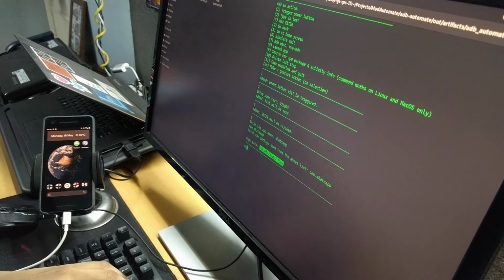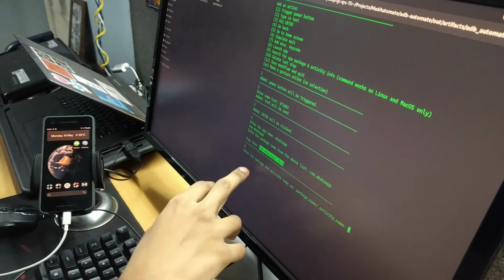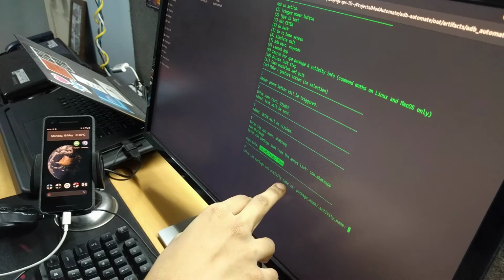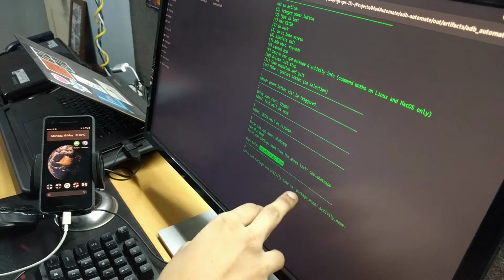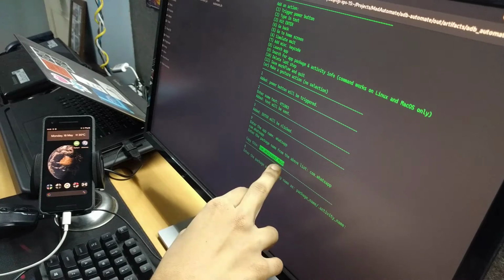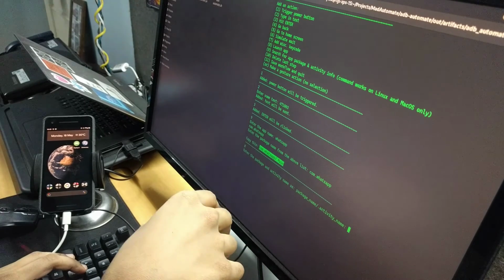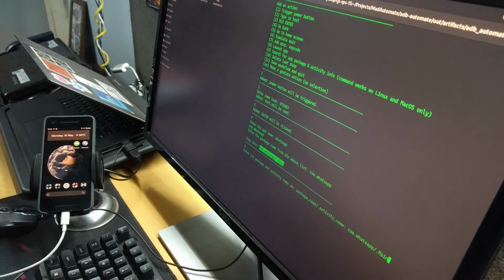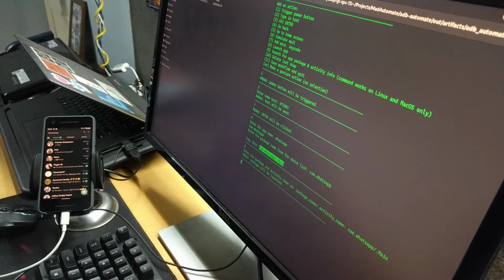So I'm going to go to point number 8, hit enter. Now it says I've got to enter the package and activity name of the desired app in this format. Now if you see, this format resembles just this. So let's go ahead and paste that and have that open on our phone. Keyboard shortcut paste, and I'm going to hit enter. The moment I hit enter, you're going to see that app open on the phone. There, the app is open.